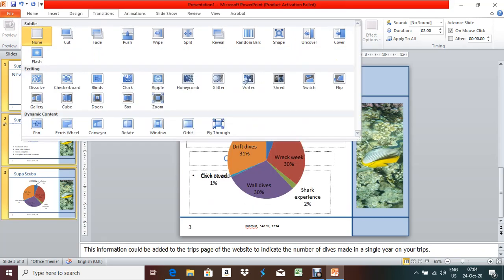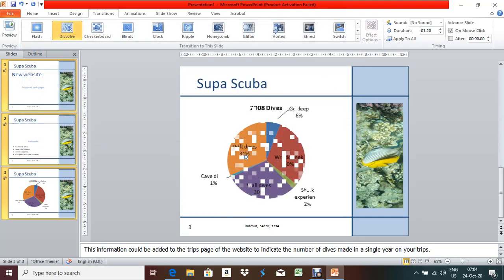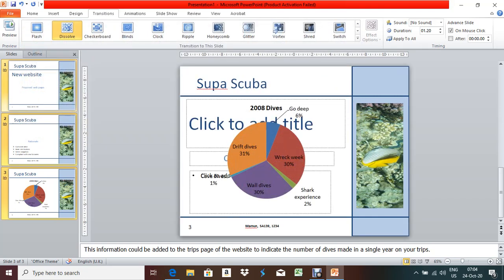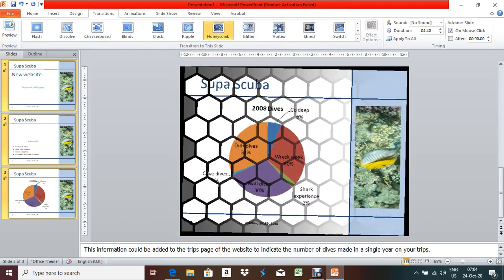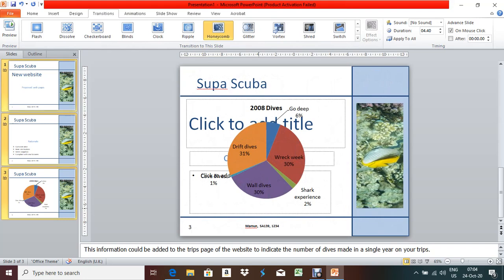You can give any kind of transition. It can be honeycomb, or it can be dissolve. If you check dissolve, okay, or it can be honeycomb also, like this. Now see, all slides are selected and the transition is given.